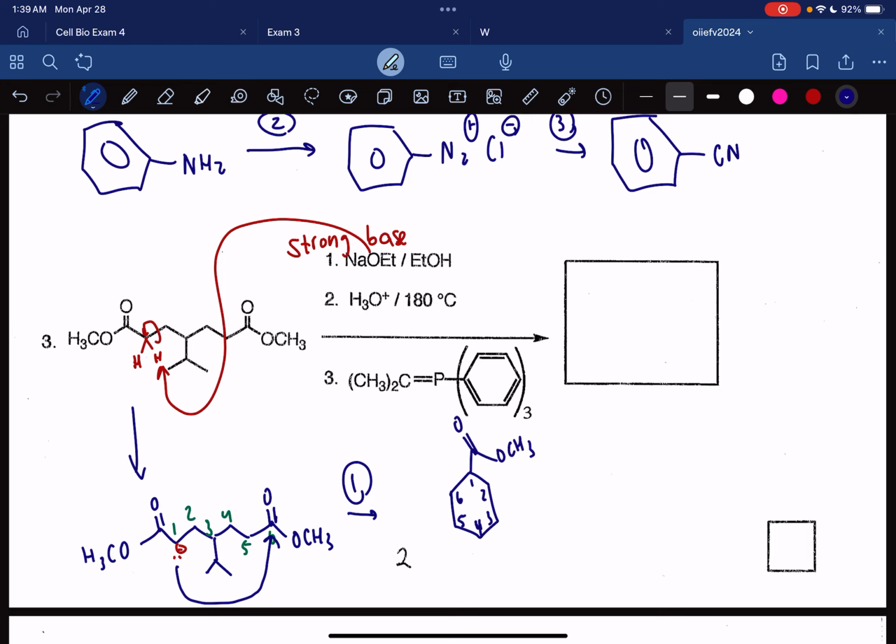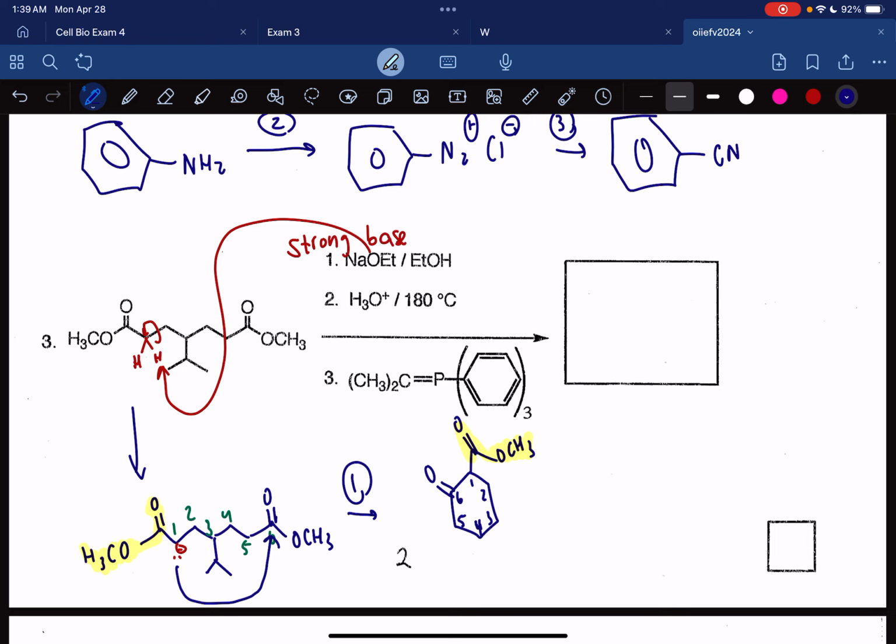So let's do some highlighting here so you know what's going on clearly. This is this group here, right? And then on carbon 6, what happens is basically you attack here. Okay, so you're gonna attack here, then kick up this lone pair. This double bond is a lone pair, and this lone pair will come back down and kick off the ester. So on carbon 6, all that should be left is the ketone,